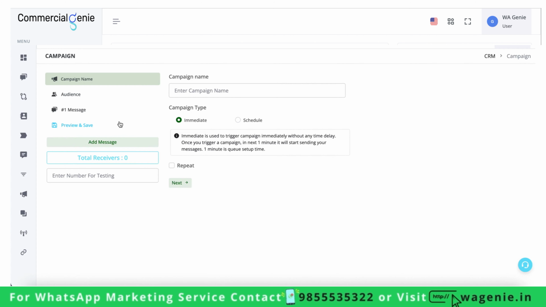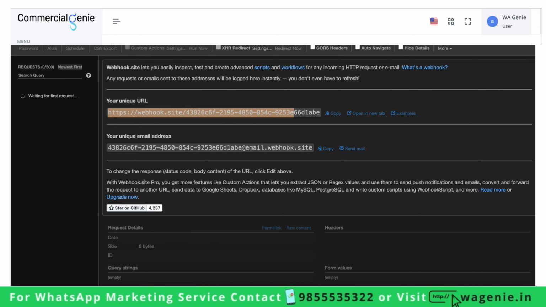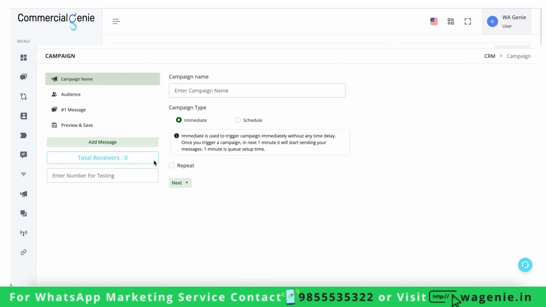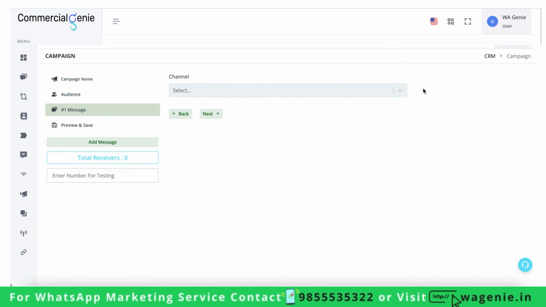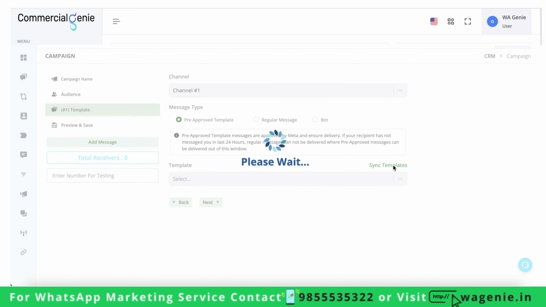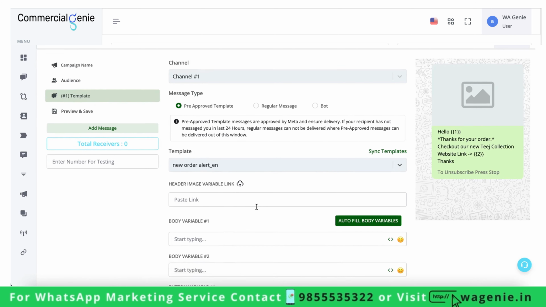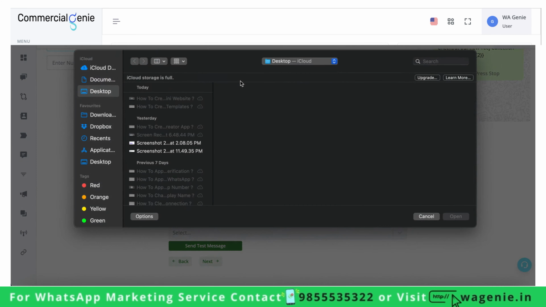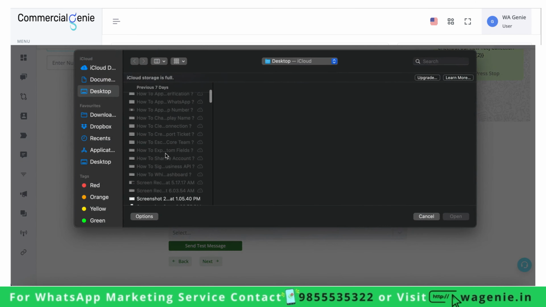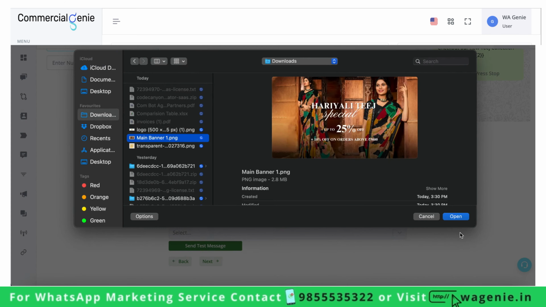If you are using API to send the message, you don't need to go to the CRM. After setting the webhook, you can directly trigger the API and then you can see the response here. So now I'm basically using the CRM to send a test message. After you click on create new campaign, click on message option, select your appropriate channel, select from the available templates, fill all the data of the templates, all the variables of the template,